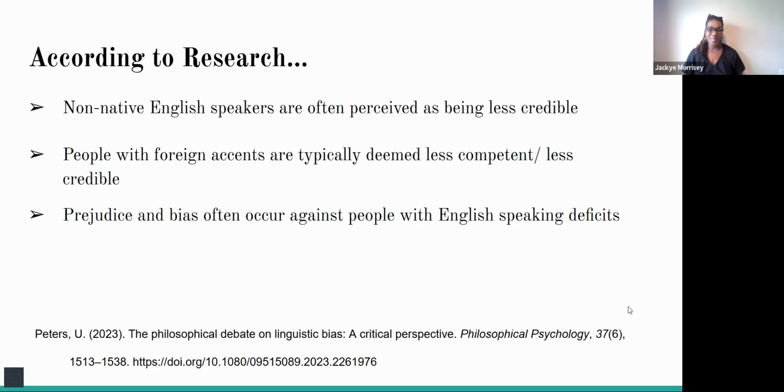Another factor that has come out of a great body of research is that prejudice and bias often occur against people with English speaking deficits. Now, I think many of us have seen or realized throughout the course of our studies and years that this is definitely true. A lot of times, whenever we have students in our classrooms that speak a different language, whether it is Spanish, French, Haitian, whatever the languages that our students are speaking,